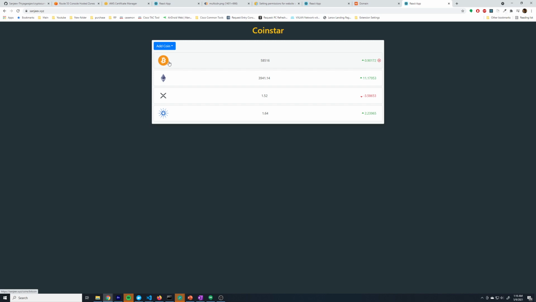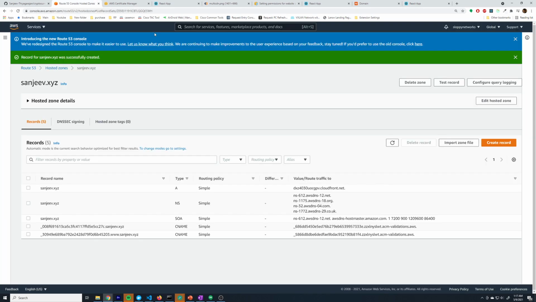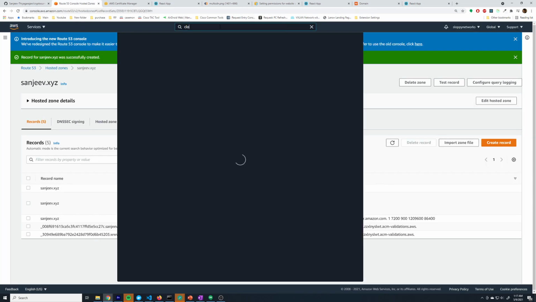So let's test everything out. I'm going to go to Bitcoin, working perfectly. And while I'm already on the Bitcoin page, let's hit refresh and see if it works. And it does. So it looks like we got everything working. There's one last thing that I want to do. So if we go back to our CloudFront distribution,